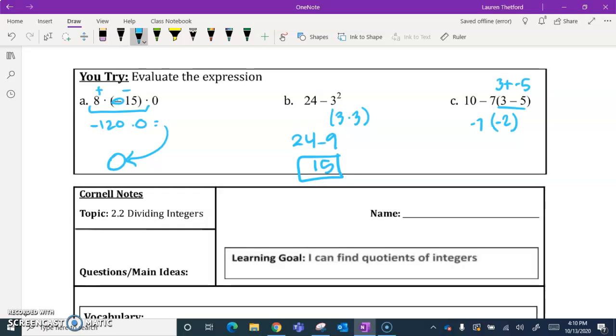times negative 7. And the reason I said times negative 7 is because it's 10 minus 7, yes. But that 7, it has a negative hook to it. And so we have to complete this first. And so 7 times 7 is 14, but it'll be a positive because a negative times a negative is a positive. So then 10 plus 14 equals